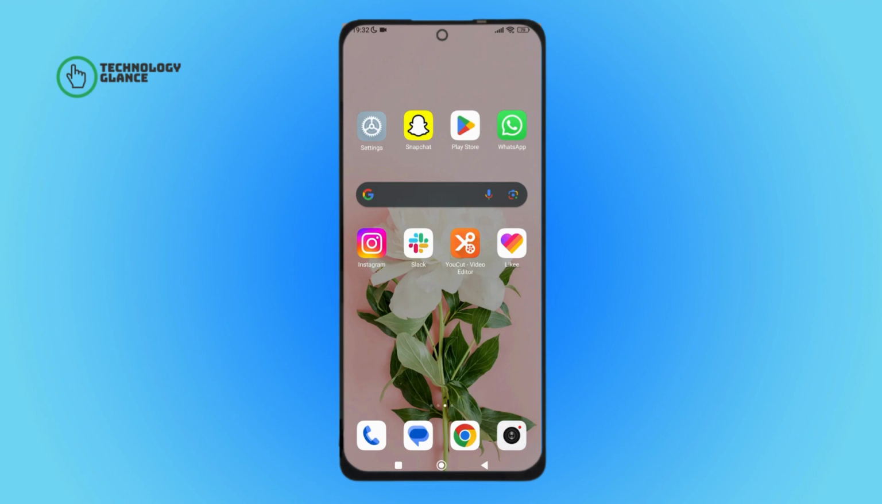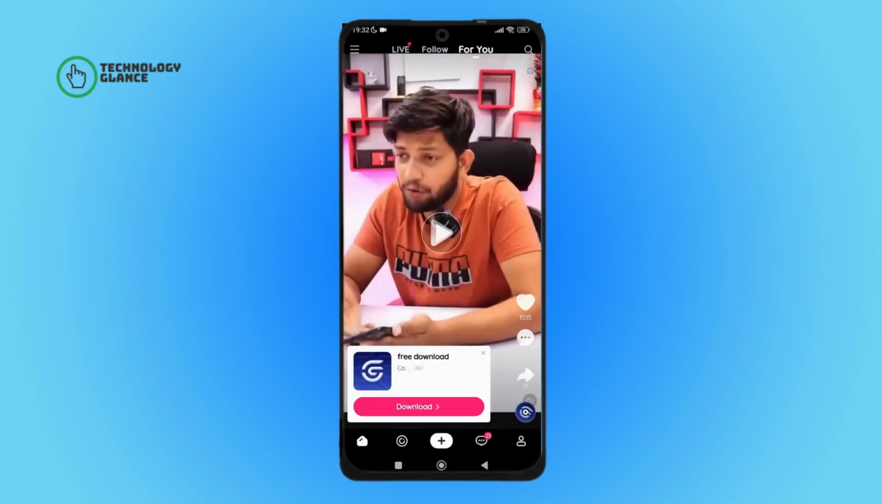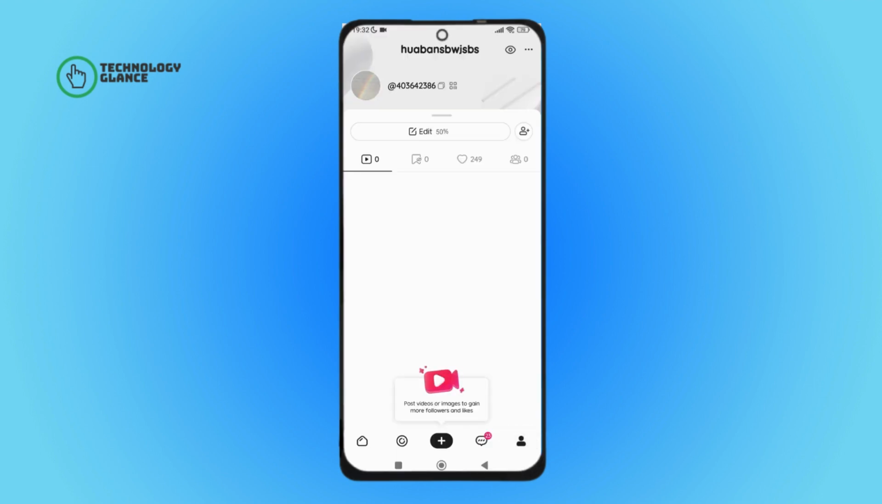Today in this video, I am going to guide you through how you can turn on invitation notifications on Likee. So, let's get started. Firstly, open the Likee app on a device, then tap on the profile icon, next tap on the three